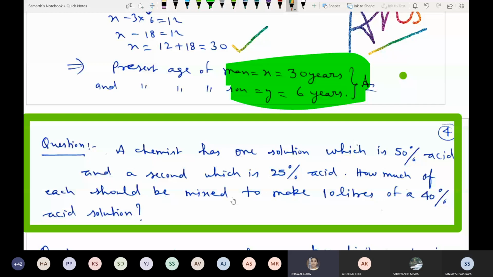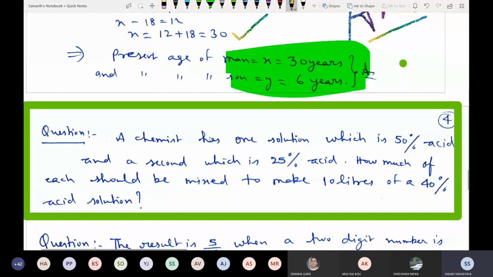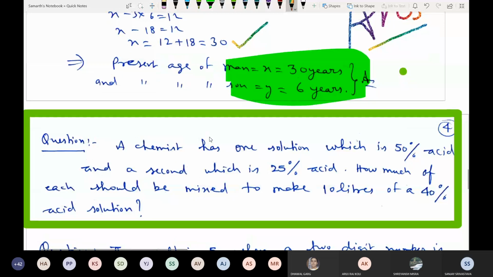Sir, just scroll the screen a little bit. It is very clear. Are you all able to see, boys? Yes, sir. When everybody is able to see, Dhaval, how can you not be able to see? Sir, I could not see the 40%. Now I can see, sir. Now you can see, na? Okay.